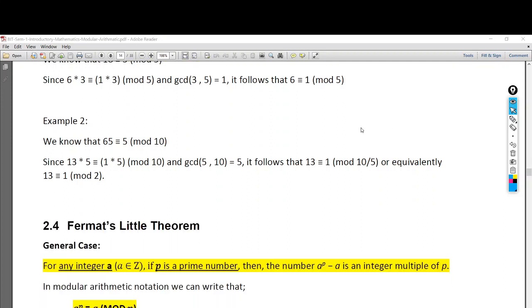Right, now we are moving to a theorem, which is mentioned in your syllabus, and you can see that this theorem is there in your syllabus. We call it